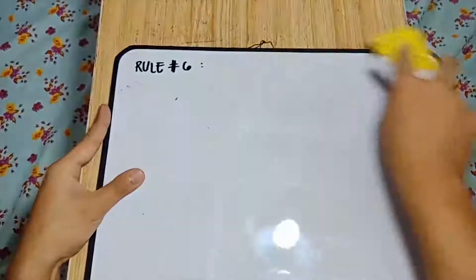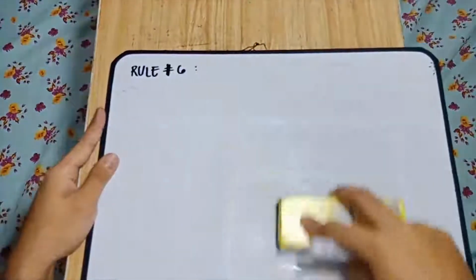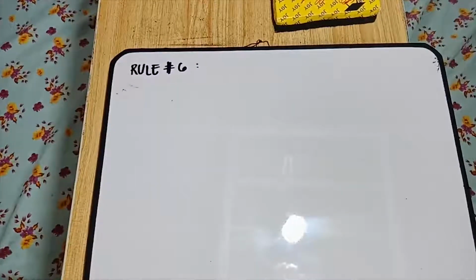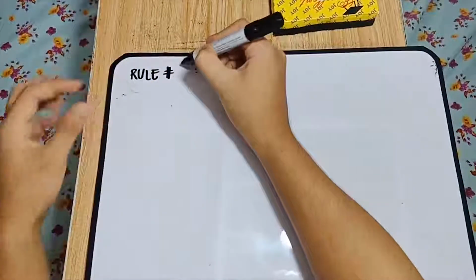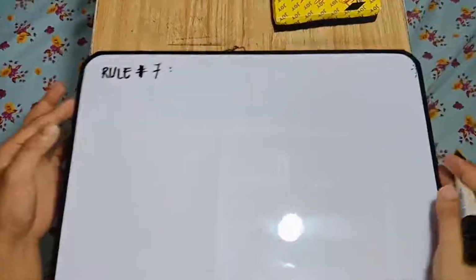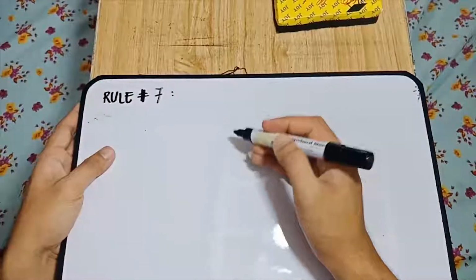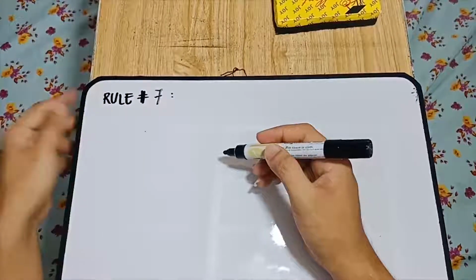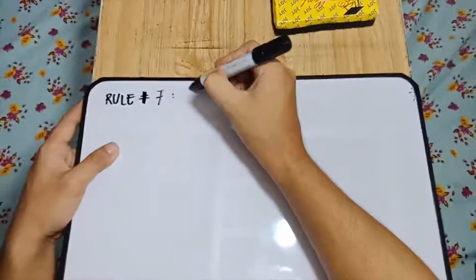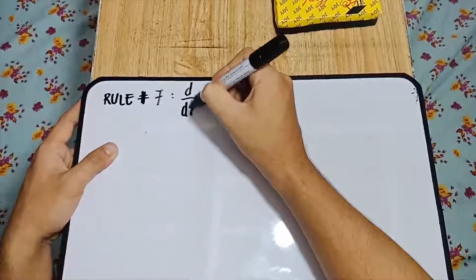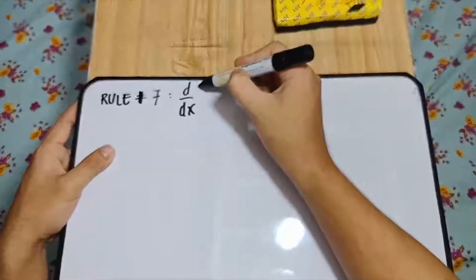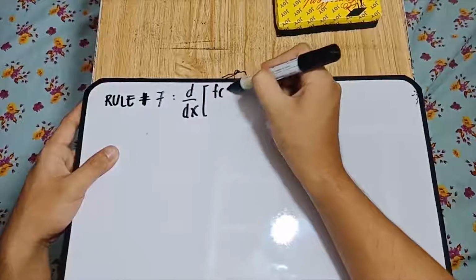Rule number 7. Siyempre, kung meron tayong multiplication rule, meron din tayong division o yung tinatawag na quotient rule. So, paano ba yung quotient rule? Again, let's say we have f of x and g of x as the two functions. So, to solve for the derivative of the quotient of the two functions,